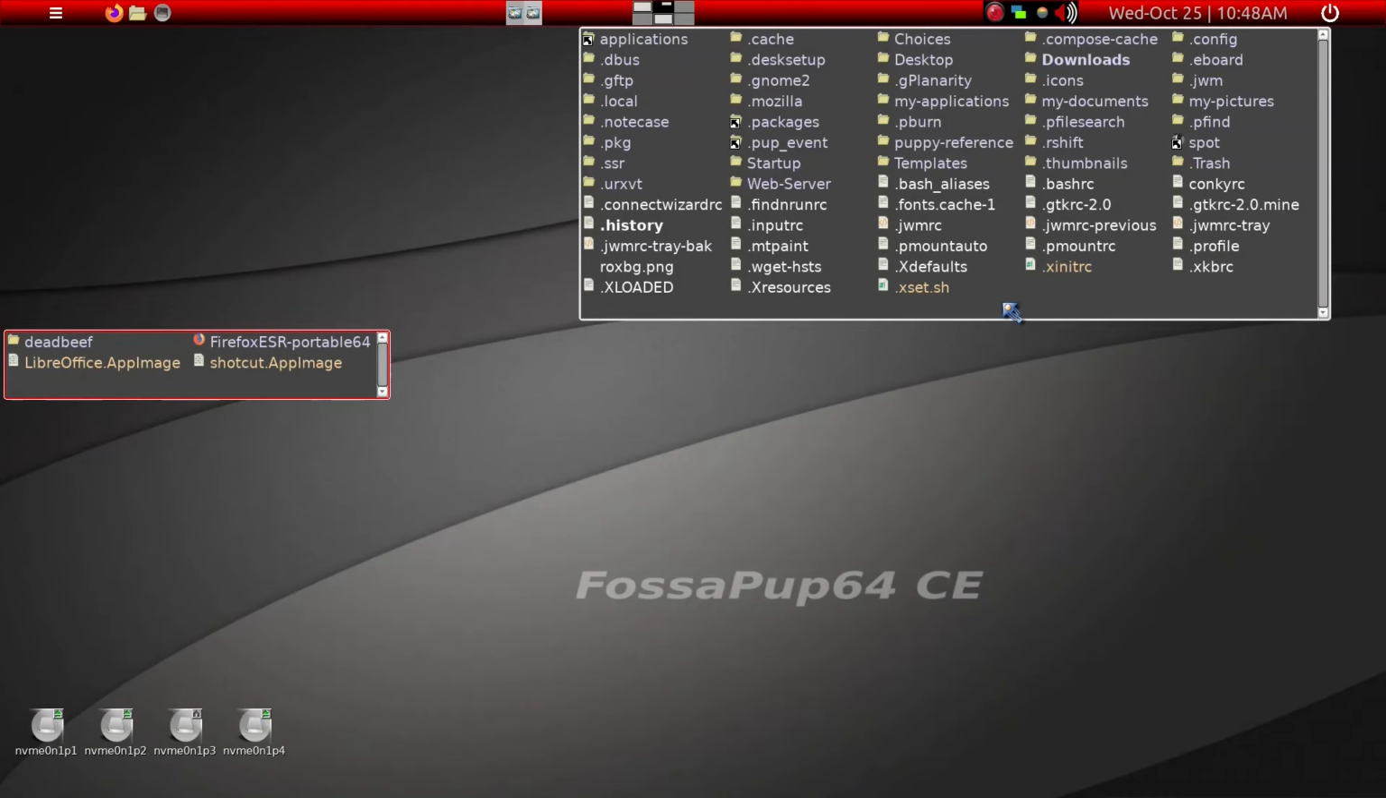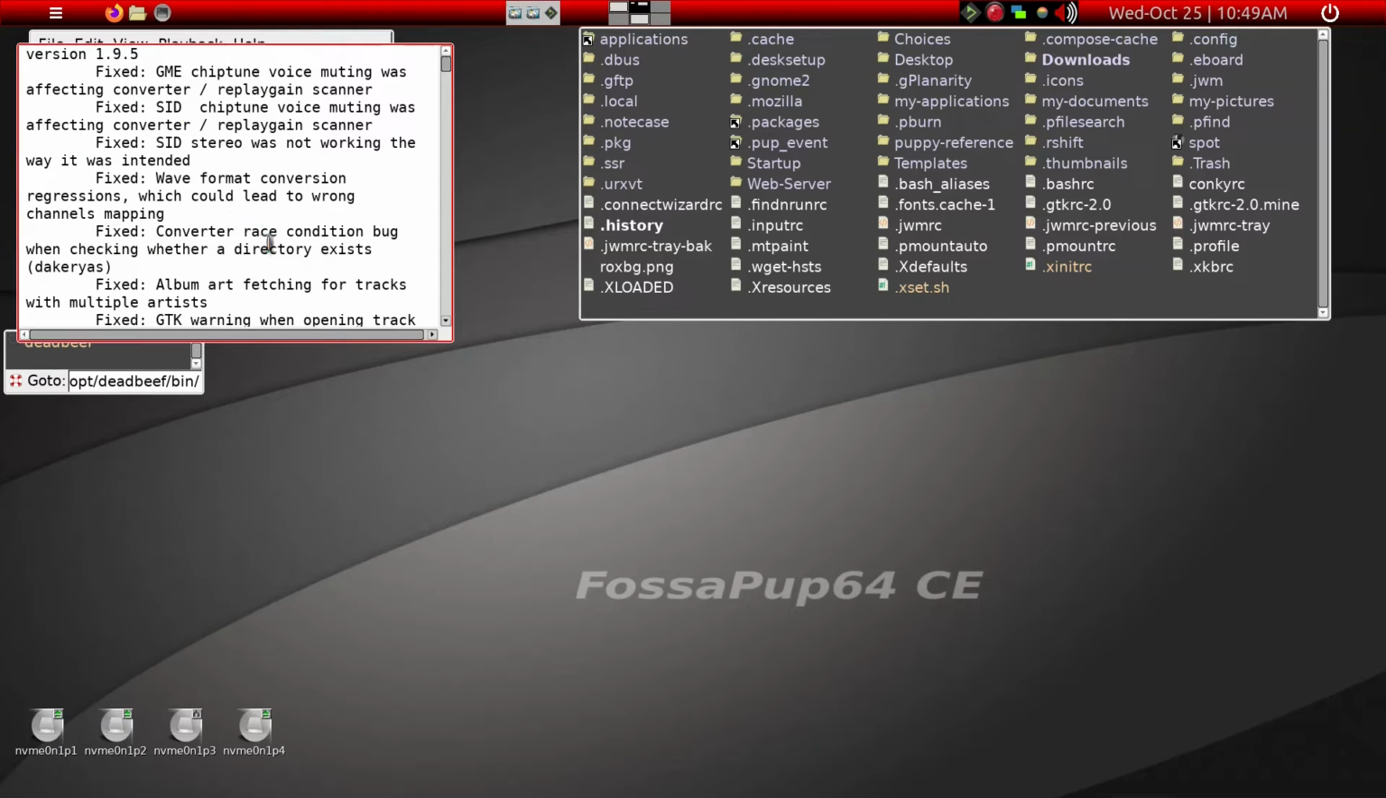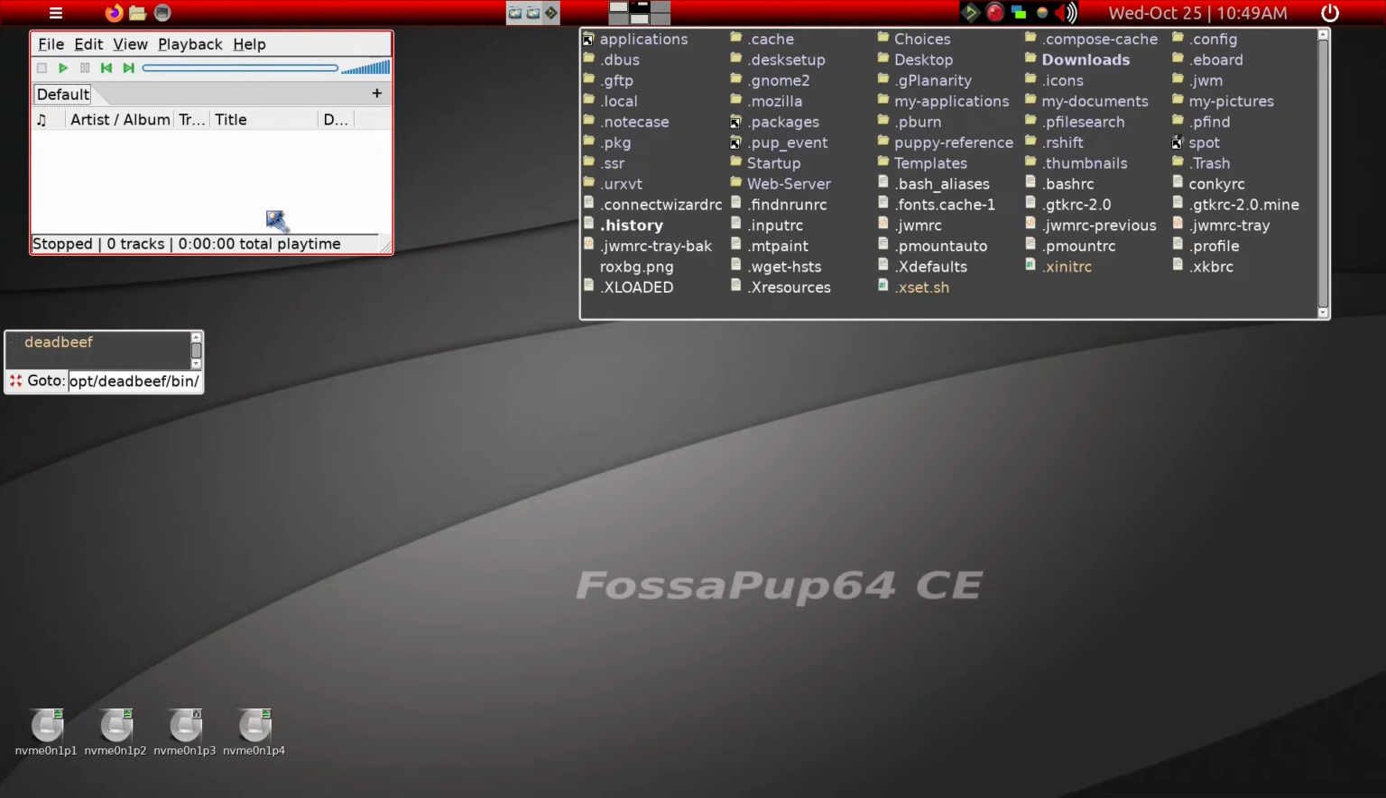Now, one of the problems of installing a program outside of the Puppy Linux environment, as we have done, is that you actually end up with two different versions of Deadbeef in this case. So here, the one that we installed in the OPT folder, Deadbeef. When you just click on the Deadbeef, you're going to get a Deadbeef starting, and you have 1.95 compared to